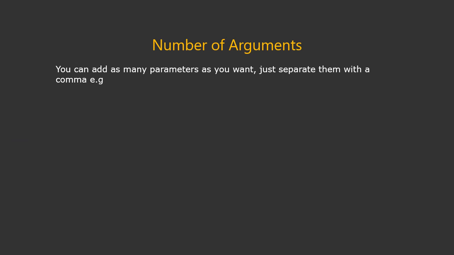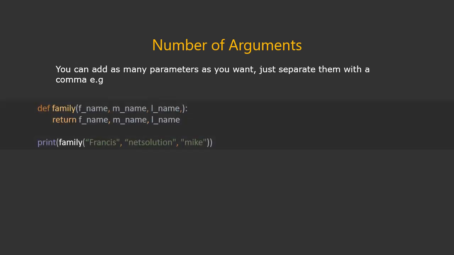Number of arguments. You can add as many parameters as you want, just separate them with a comma. For example, here we have created a variable name, we have created a function, and we name this function family. Family is the name of the function we just created. And then right here, we